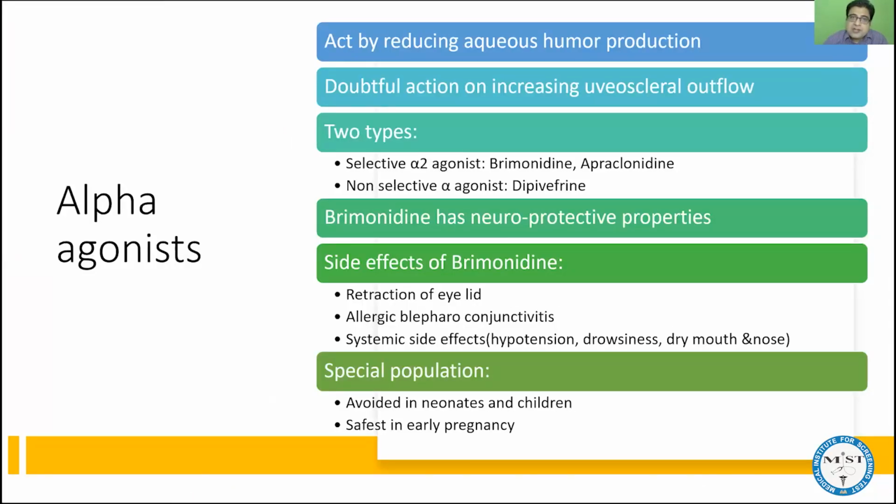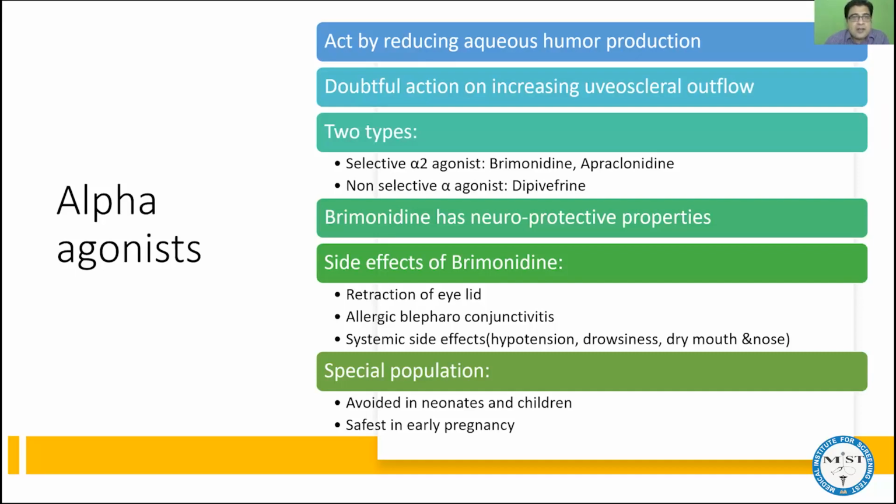Now, after beta blockers, we have one more group of medicines, alpha agonists. If we talk about alpha agonists, these medicines will act on blood vessels of the eyes and cause constriction of those blood vessels. And whenever those blood vessels are constricted, blood flow towards the ciliary process is reduced. And when this blood flow is reduced, that will reduce aqueous humor synthesis, because aqueous humor is just a watery secretion that we derive from the plasma. If there is no blood flow, there is no aqueous humor synthesis because of this vasoconstriction.